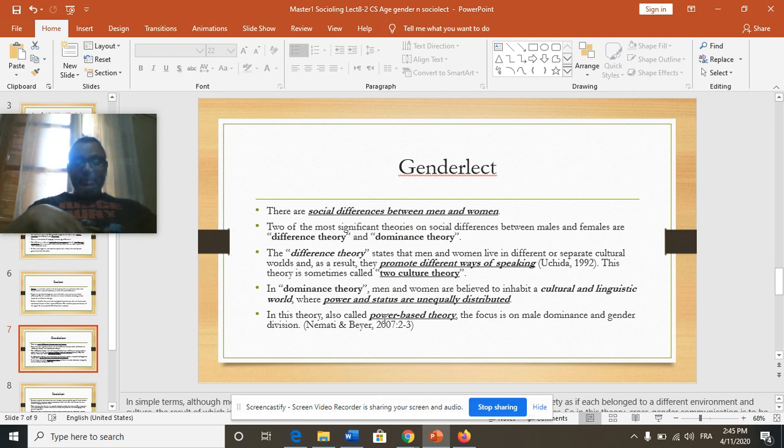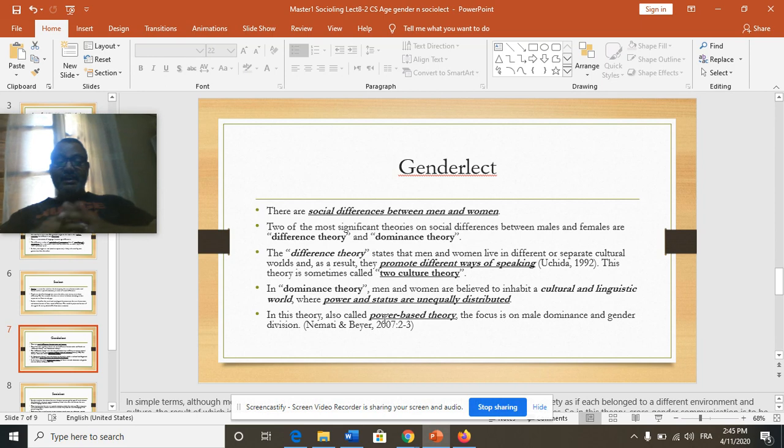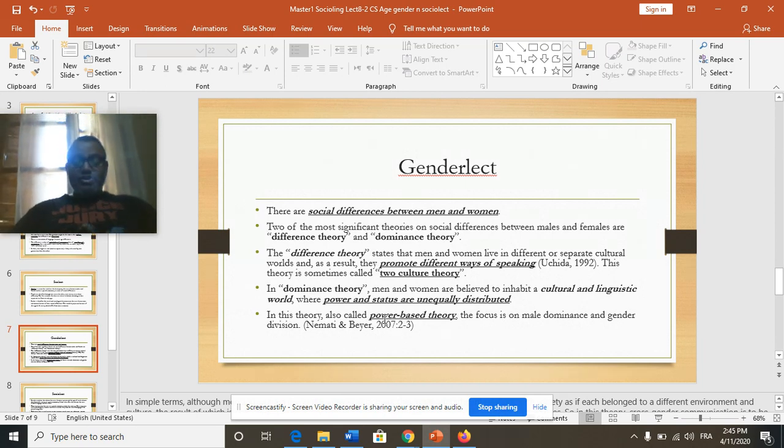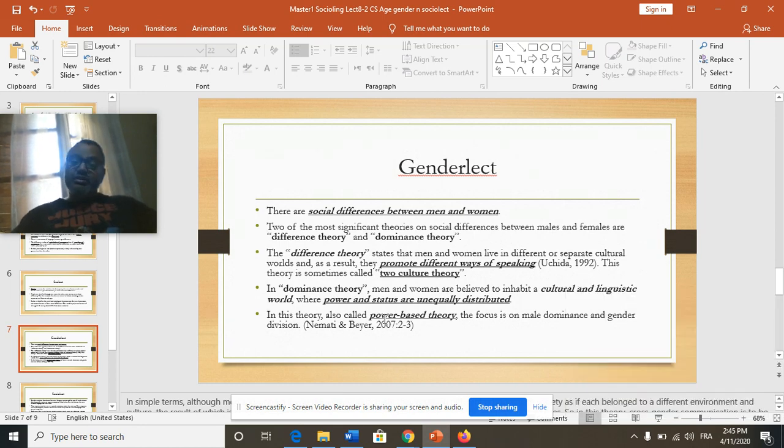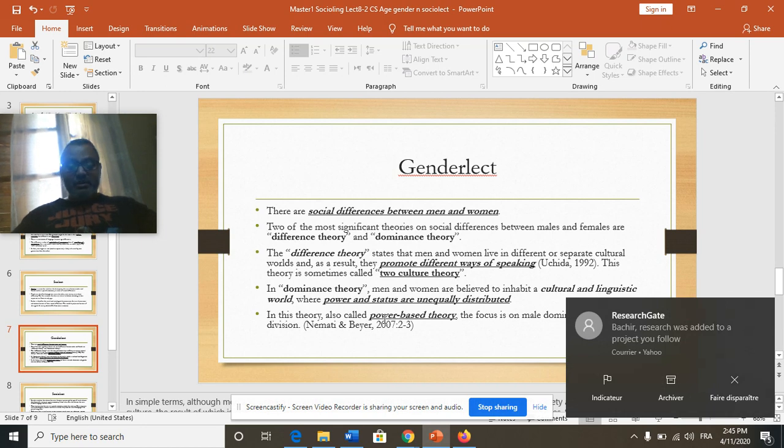Okay, so genderlect is also showing that nowadays most societies do not accept the idea that there are social differences between males and females. That is, both of them can perform the same actions, having the same activities, and have the same roles in society. So why discriminate between them, and say this is a man and this is a woman, or there is sexlect? So it is preferable to use the term genderlect.